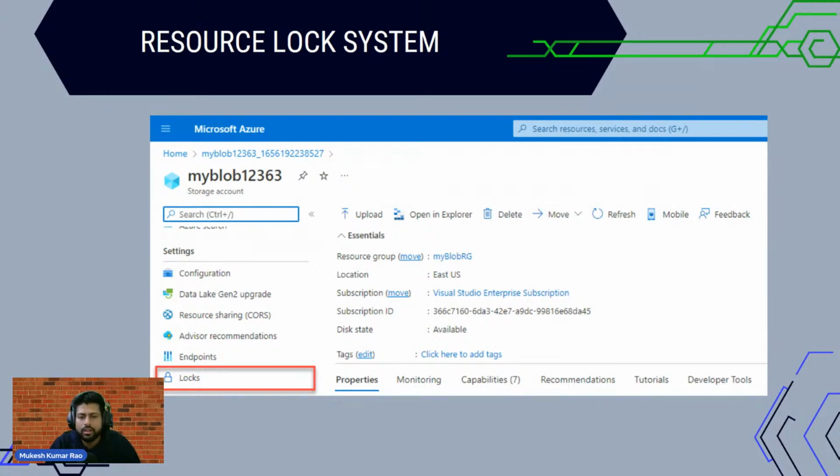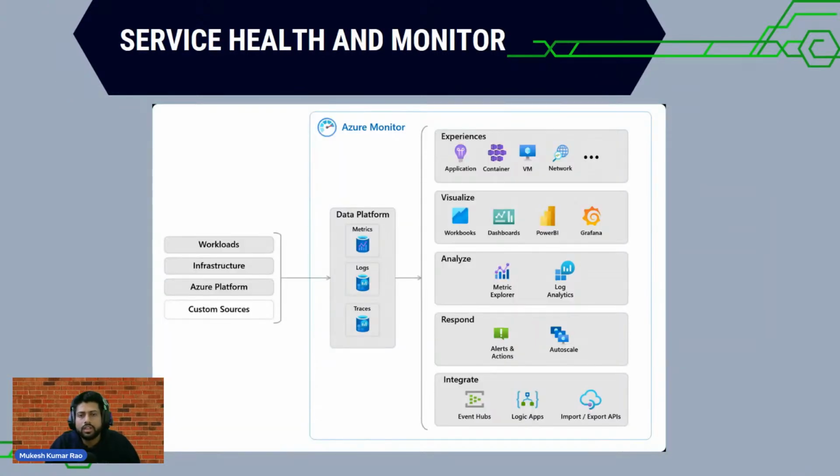It's very simple. And then we have the service and health monitoring system, how the resources are working, how you can do the monitoring at each level. And these are some tools that we use. These are some third party tools we have. Grafana workbook that we use. Power BI is a product of Microsoft, so there we can get the dashboard. Same thing in the infrastructure, we have Application Insights or container based insights, or for virtual machine we have insights to check that the process is working properly or not.